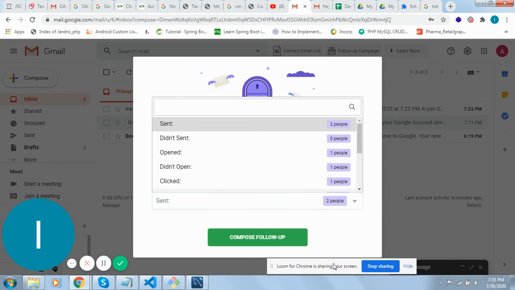So that's why it will come in didn't send. Opened: as you have sent to two people, and from them one person has opened their mail.